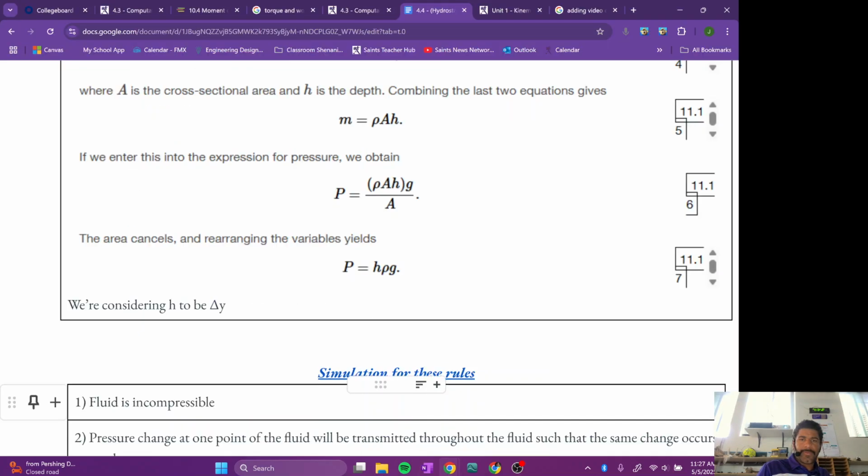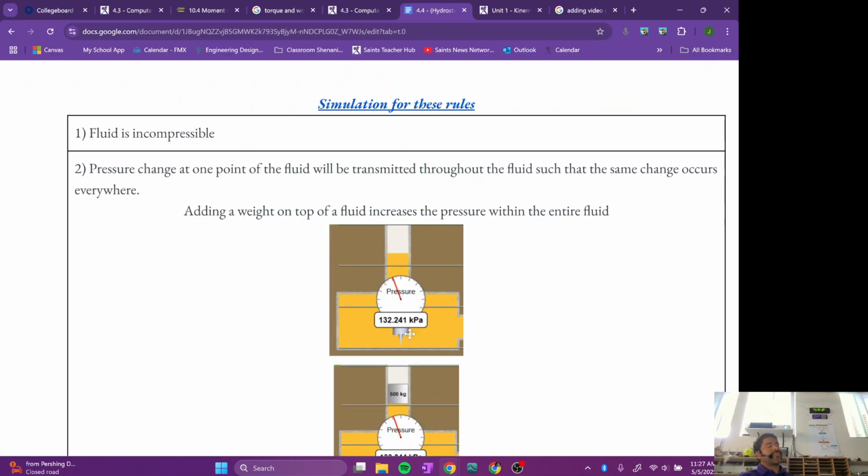Let's see. We have the rules. These perfect fluids that we have are incompressible. Incompressible, I think, is the term. You cannot take a fluid in